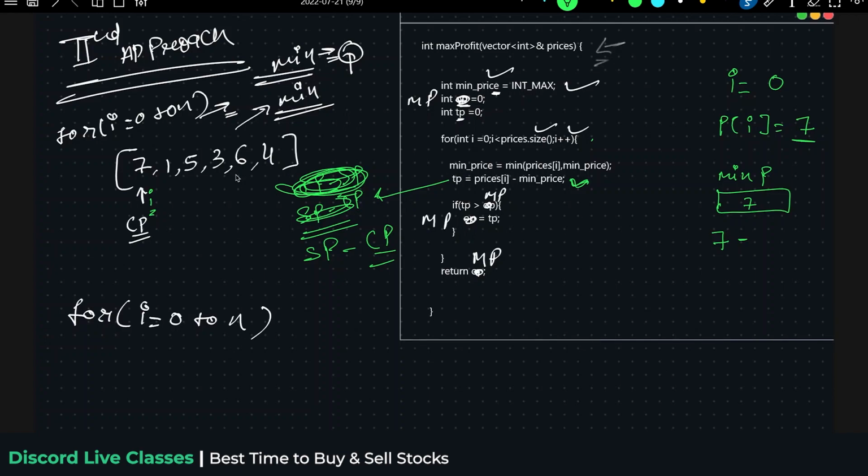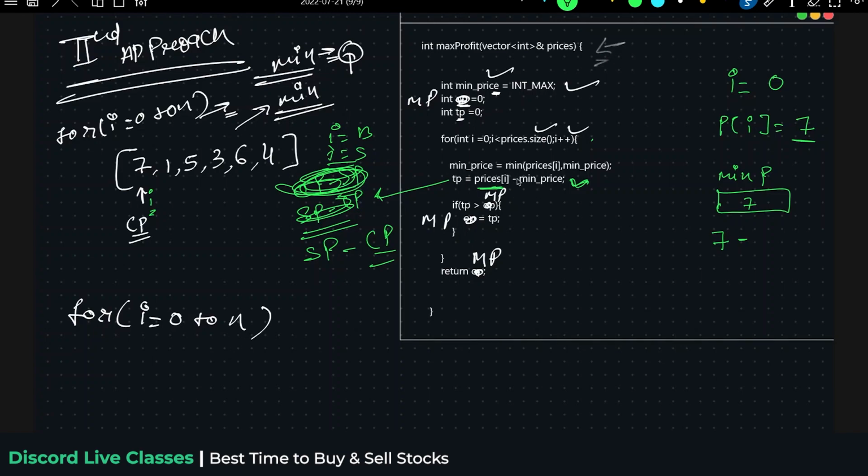In the brute force approach, we are doing the same thing simultaneously. I is for buy and J is for sell. But here we are saying the buy day I can find if I have a minimum. But how will I be able to find which day is suitable for me to sell the stock? How will I be able to choose that particular day? With the help of this particular thing.